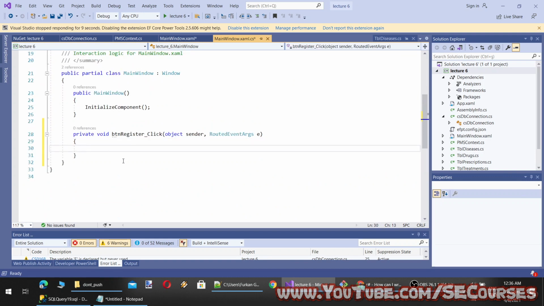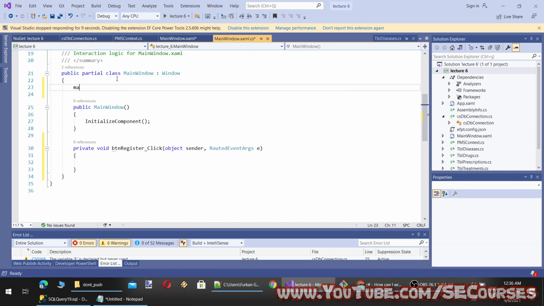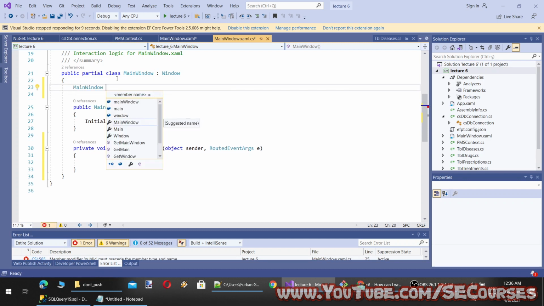So there are several things I want to do right now. First, I don't want to write my code inside my main window class. How can I do it? I can do it simply like this. First, I generate a reference of main window and assign it.